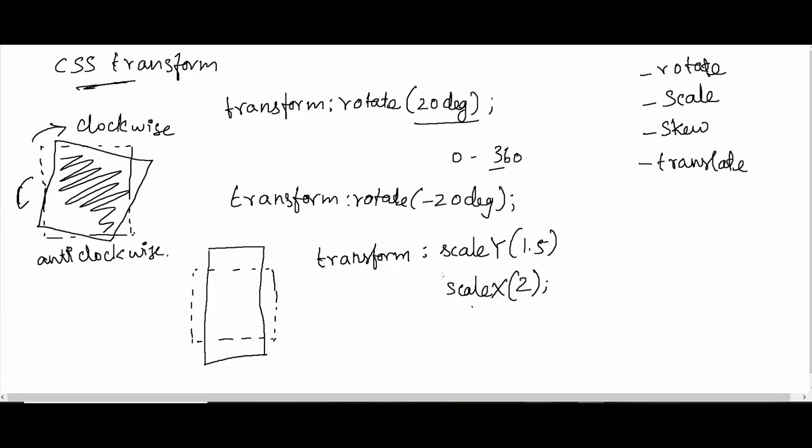If I want to expand in both directions, x and y, so in our example it changed from one width to another width, and the height also changed. So x and y both have been changed. Here we can give scale inside the bracket, 2 comma 0.5 or 1.5. So it will take both axes, x and y axis. Right, this is scale. Then the next one is skew.